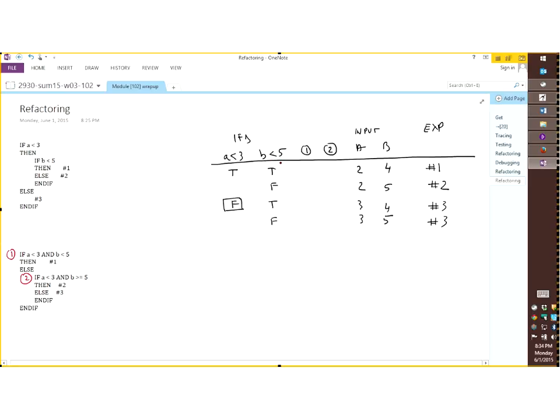Okay? Now I have another term that I didn't have before. It's B greater or equal to 5, but it just happens to be the opposite of B lesser than 5. So every time I have a true here, I'm going to have a false. Every time I have a false, I'm going to have a true. And that would be B greater or equal to 5. Okay? All right, so let's look at number 1 here. So it's an AND statement between A lesser than 3 and B lesser than 5. So true and true, the AND statement is going to be true. Then everything else is going to be false, because at least one of the two is going to be false.